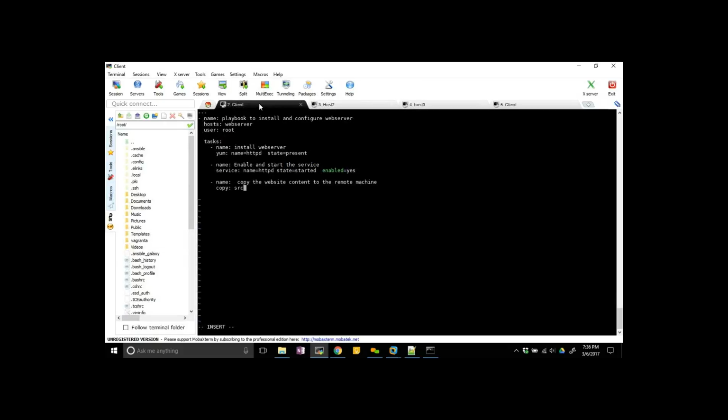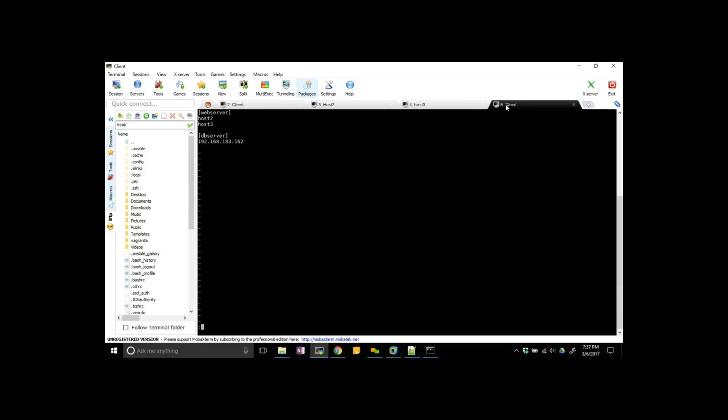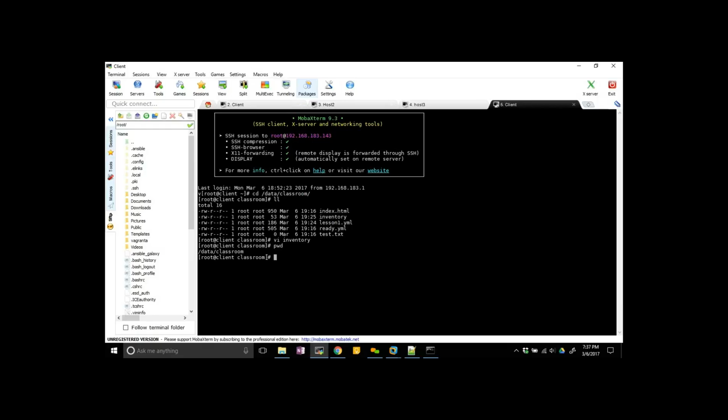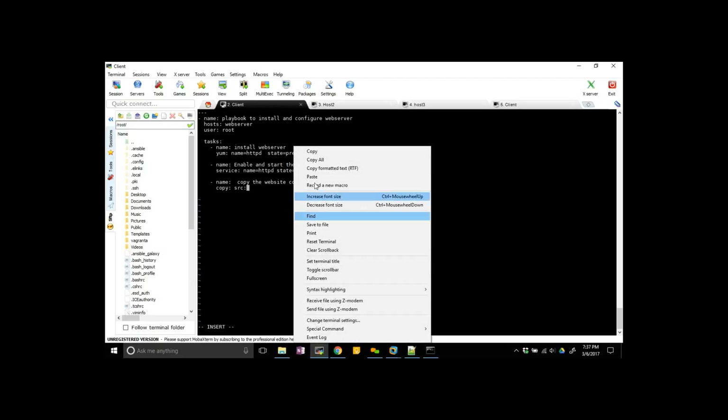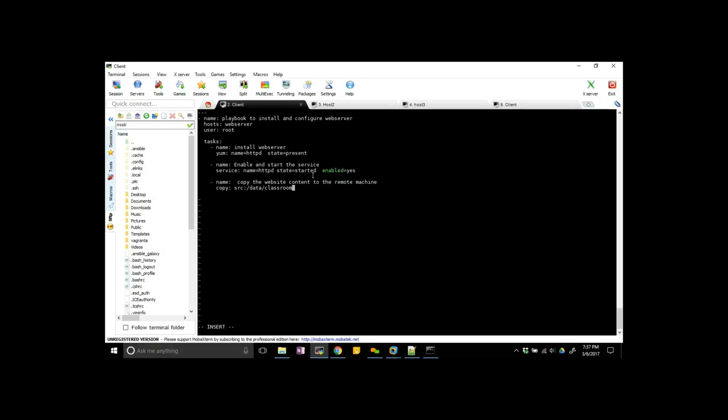Now source. Okay, so what is my source? Source equals to this one file, and destination equals to, so when you install a web server, the content should be in the /var/www/html file.